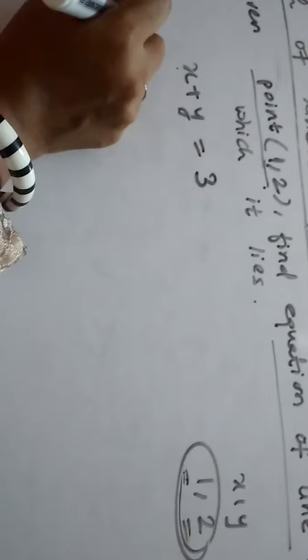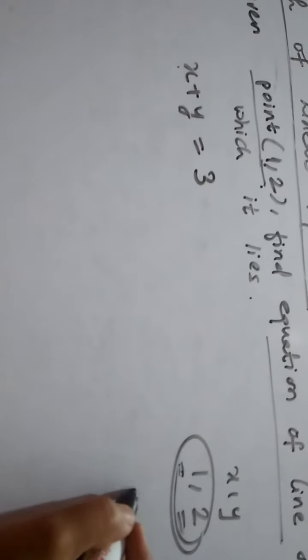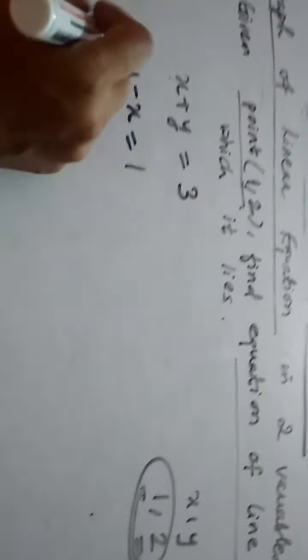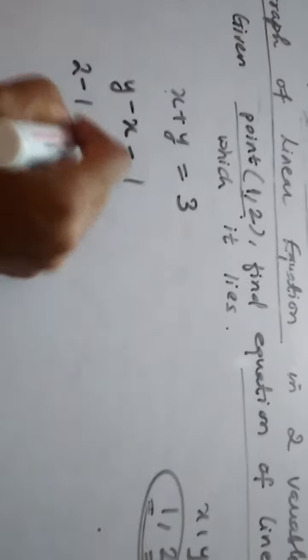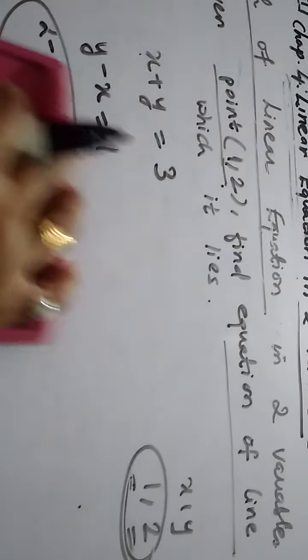Then we can write something like, say, 2 minus 1. 2 minus 1 is 1. So I can write like this, y minus x is equal to 1. 2 minus 1 कर सकती हूँ मैं, तो ये भी इक्वेशन सेटिस्फाई करेगा. y की वैल्यू 2 है, x की वैल्यू 1 है, तो आंसर 1 आ जाएगा, है ना. 1 इज इक्वल टू 1, तो ये भी चलेगा. तो ऐसे और सोचो, you can just think about some more.